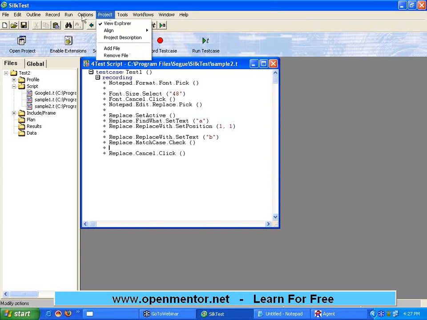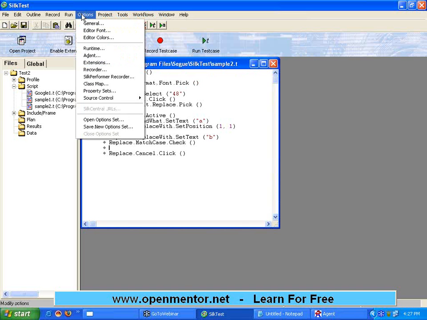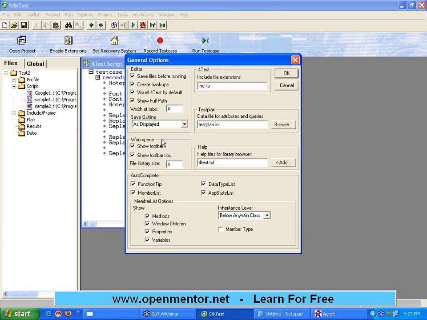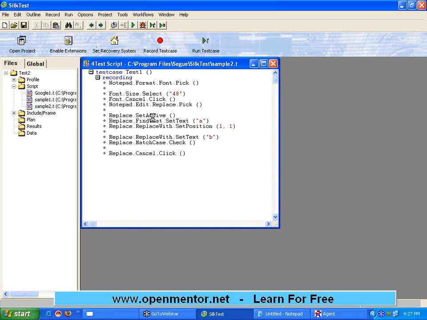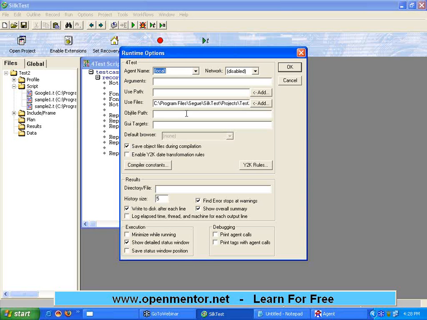project. There are a lot of options. If you go to the general options, you will see so many things. Again, you will see a lot more options for the runtime agent. If you click on the runtime, you will see multiple tabs appear.